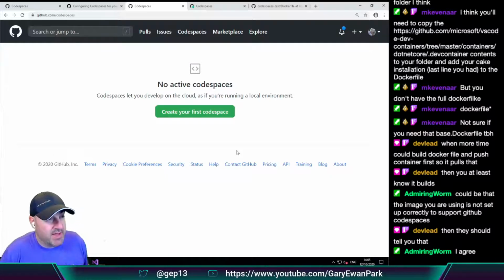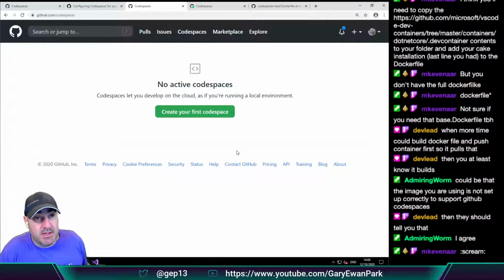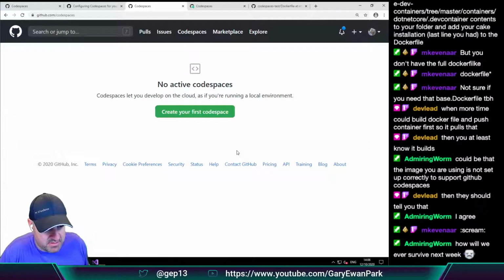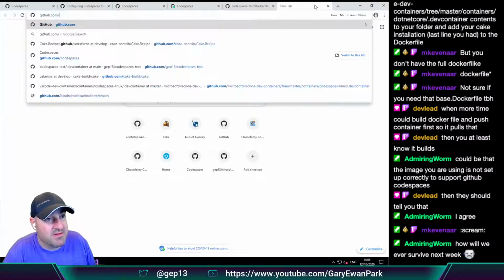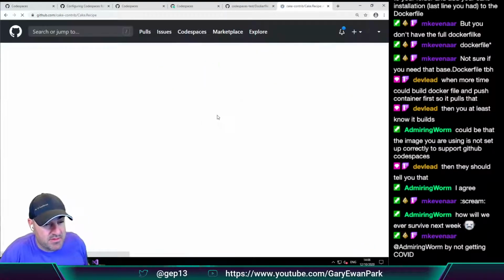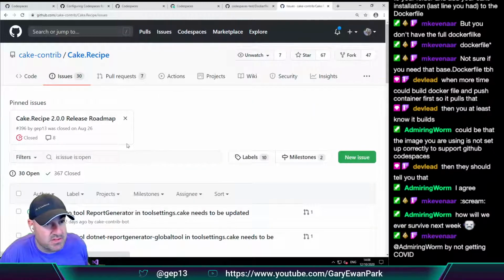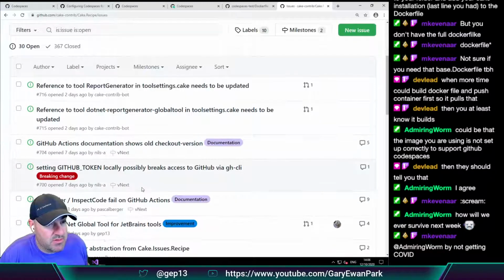But the following week, unless there are any suggestions from anyone about what to look at, I think the plan would be to maybe look at cake.recipe. There's at least one lingering issue that Kim brought up, which I forget what it is now, but it's something to do with Git version. I can't remember exactly, but there's at least one issue on cake.recipe that needs to be addressed. Cake contrib. It's been assigned to the 2.1 milestone, I believe, or is it